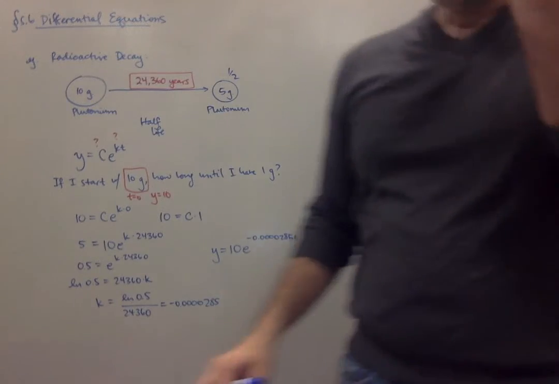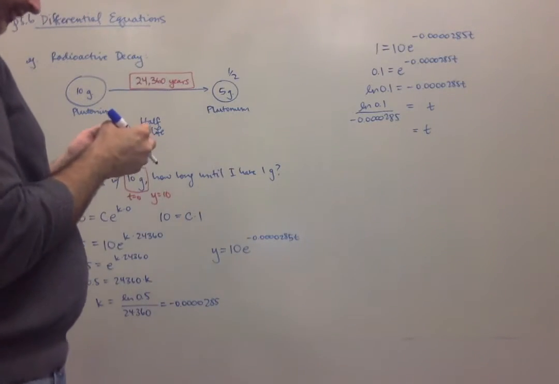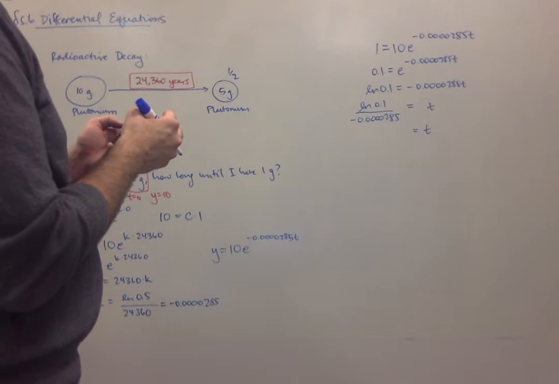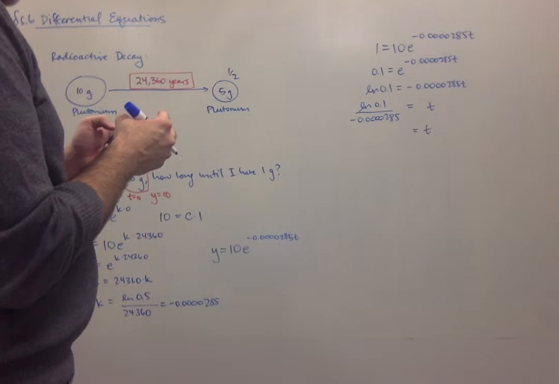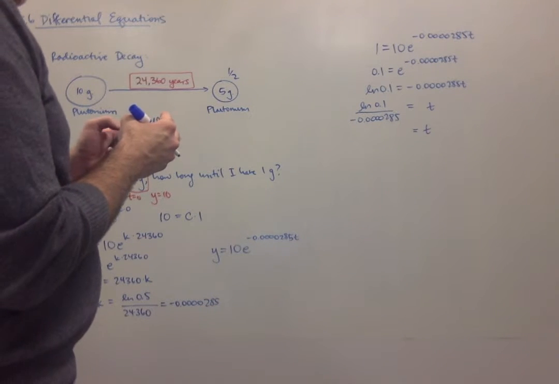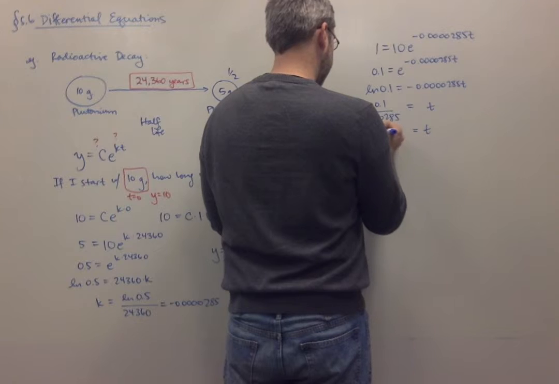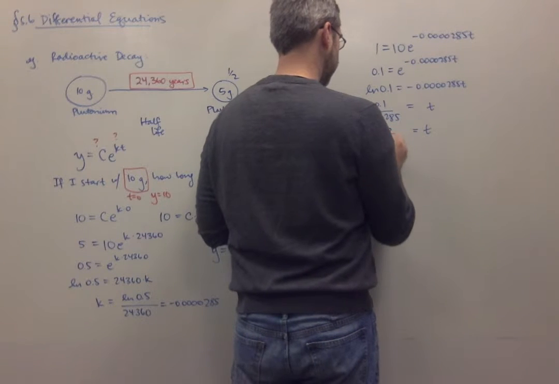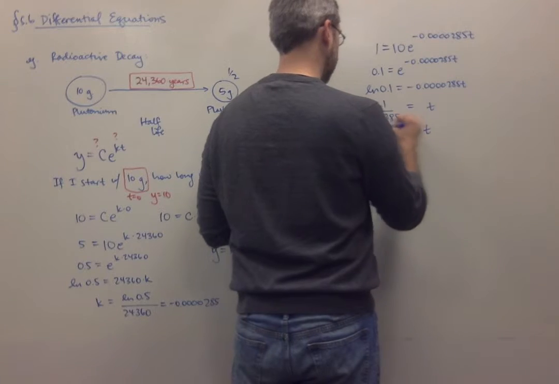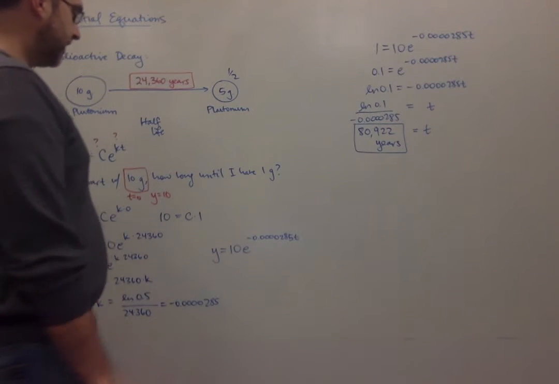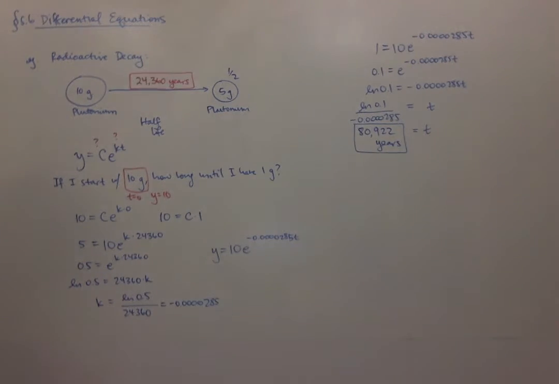So my time is, so let's take 1 over that number, times the natural log of 0.1, and the time turns out to be 80,922 years. Okay. So notice we had to find that c and find that k before we could answer any questions about the problem. Now, if instead of asking me how long would I have to wait until I have 1 gram,